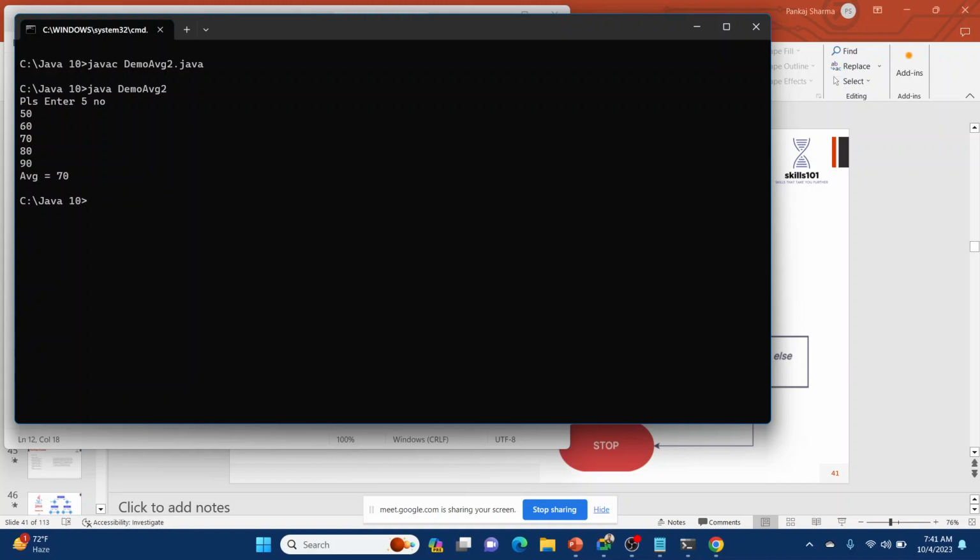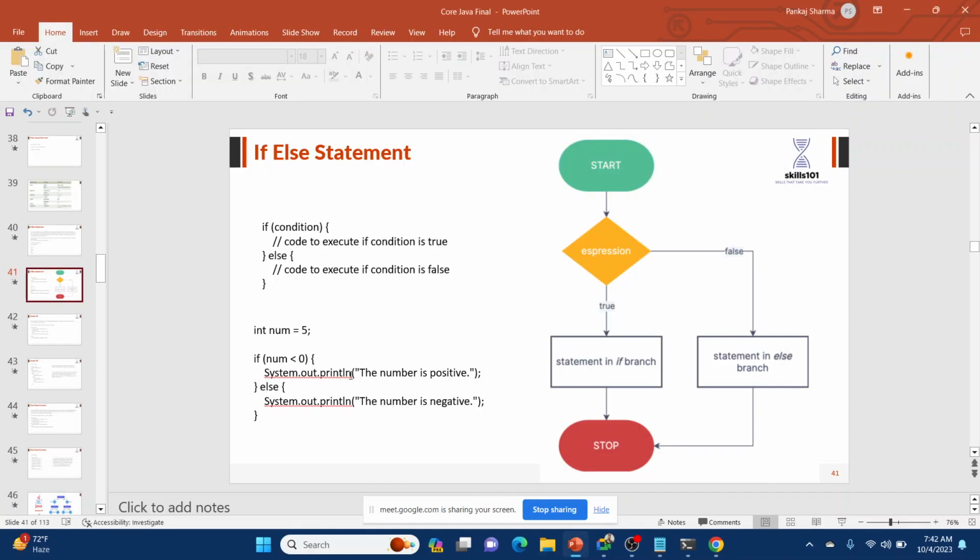So what we did is a basic calculation, or you can create a calculator through this also, that can perform plus, minus, etc. We took 5 numbers from the user and created the average of those 5 numbers. Now we'll create the decision making. So now we will go to the if else statement. What is an if else statement? If else statements are decision making statements that help us to take a decision, right? What kind of decisions? Like there are two choices, or we have to execute one choice. So we will go through the if else statement.